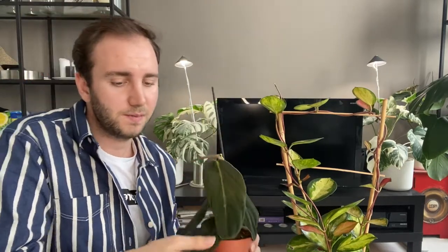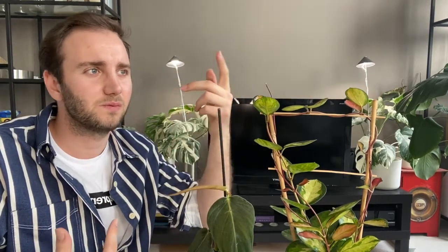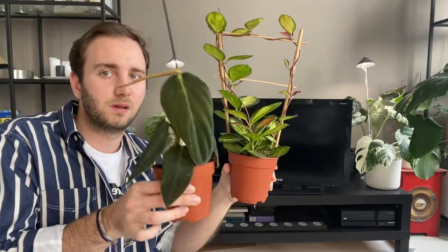Okay, what else is there left? It's communication. So initially I ordered only this plant, and then in an advertisement on Instagram I saw this plant was being sold on GrowJungle as well. So I wanted to add this plant to this order, if that was a possibility, so that I won't have to pay shipping twice. So I messaged them on Instagram and they immediately responded the same day, and then they directed me to an email address which I emailed immediately, and again I got an immediate response with the free shipping code, and then they told me to just edit simply in the comments when I'm buying this that I want this to be added to my order of Philodendron Gigas, which I did,